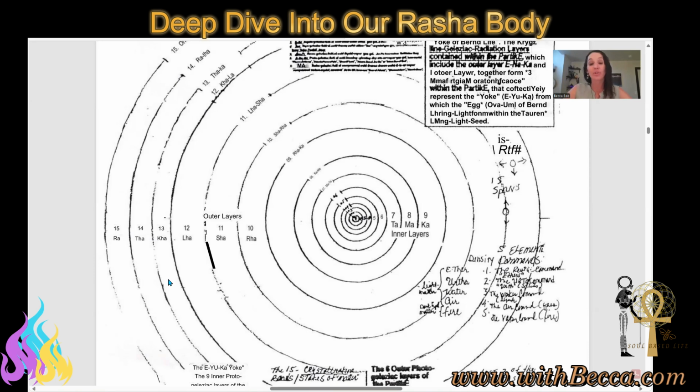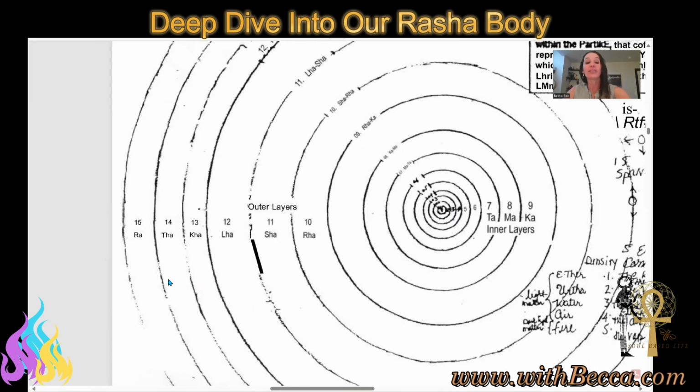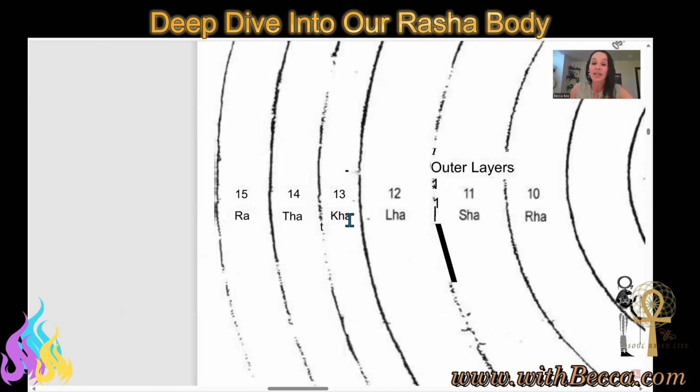Well, the raw sound tones, RA, which you can see coming from the 15th dimension, and we're going to start to move into what is this Kathara right here. The raw sound tones are connected to the father template. So think of father as structure. Well, what is structure? It's our bones. It's the crystalline blood within our body. It's the fascia within our body. So this is why we're doing a lot of work to reset our Rasha body, and we're also doing a lot of work to reset through the Hara line, which corrects the raw vibrations.